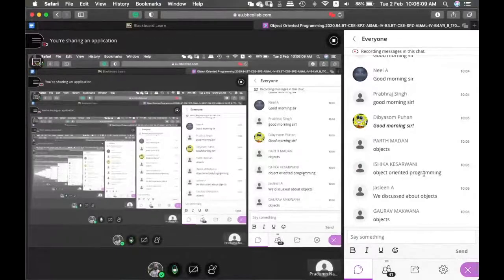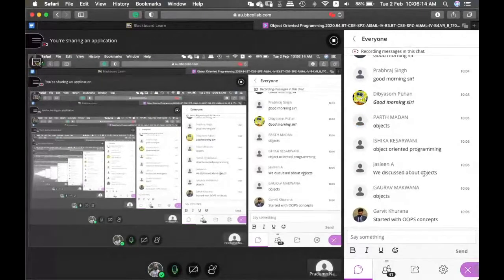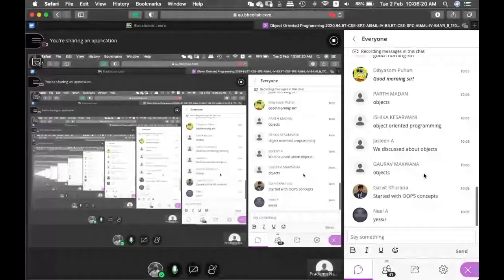Yes, we discussed a little bit about how we are differentiating, how we are moving towards OOPS. Then we started with something as an object. So today what we are going to discuss is how an object helps achieve the OOPS concept, the object-oriented concepts, right? Some of the properties of OOPS.